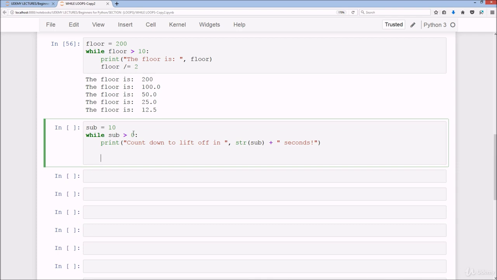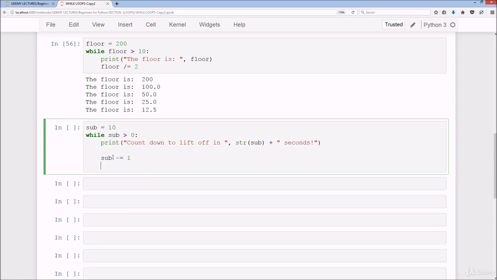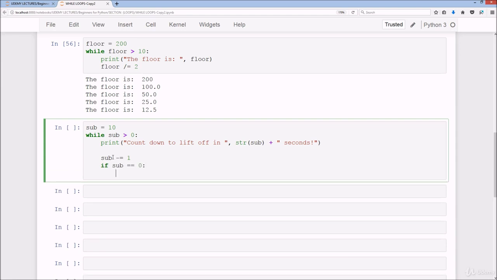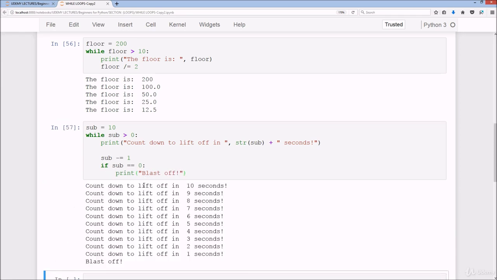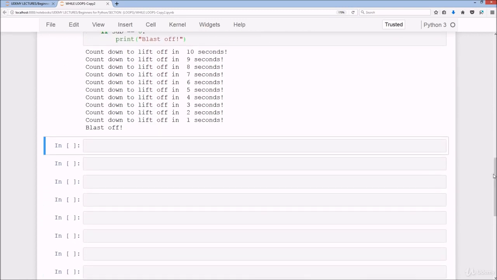and of course we have to keep the most important line within the while loop, so it's going to be sub minus equals 1. If sub is equal to 0, colon, print blast off. As you can see here, countdown to liftoff in 10 seconds all the way down to 1 second, and then blast off. Okay, so moving on from that,